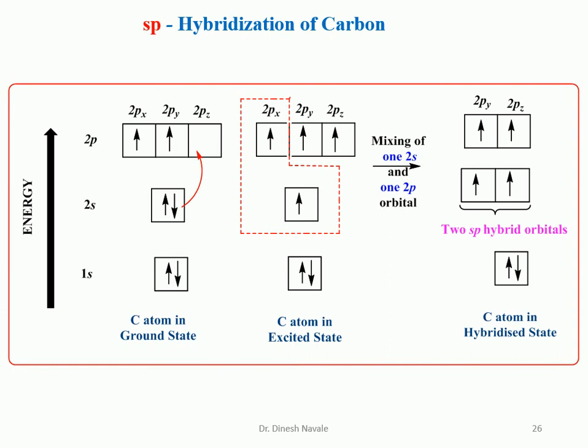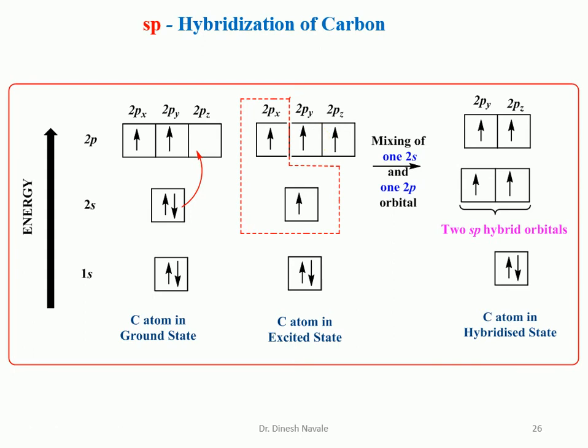So now we are going to discuss the energy diagram for the hybridization. The carbon atom's general electronic configuration is 1s2, 2s2 and 2p2. So its ground state electronic configuration will be the same, 1s2, 2s2, 2p2. The 2pz orbital is empty. So in the excited state, as shown by the red arrow, one of the 2s electrons will be excited to the 2pz orbital. So in the excited state, the electronic configuration will become 1s2, 2s1, 2p3, and that 2p3 can be written as 2px1, 2py1 and 2pz1.